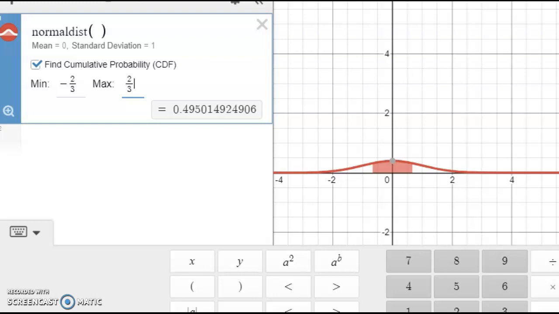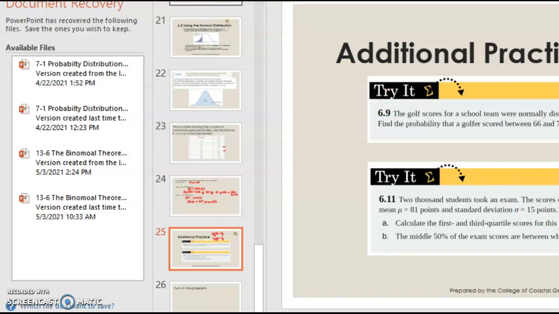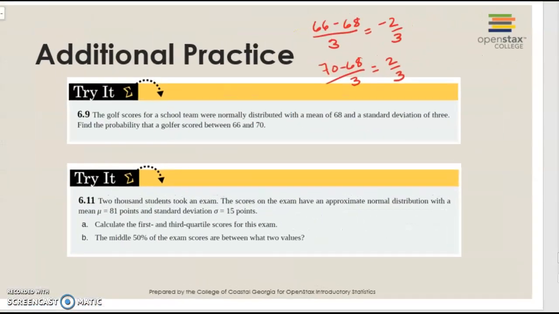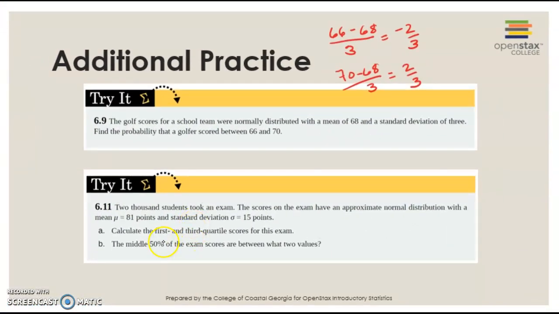The last problem down here is a problem for you to turn in. Calculate the first and third quartile scores for this exam and see if you can get the middle 50% of the exam scores, which would